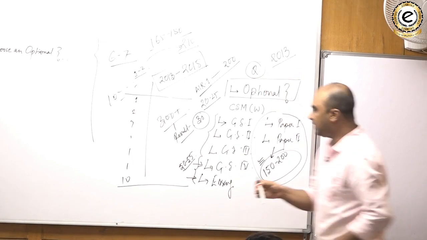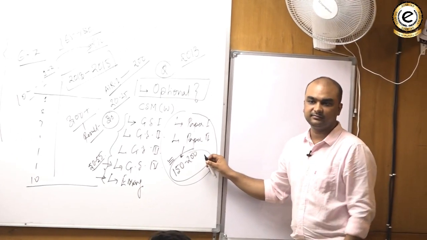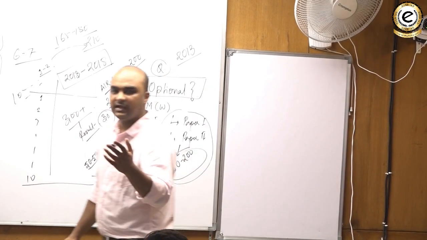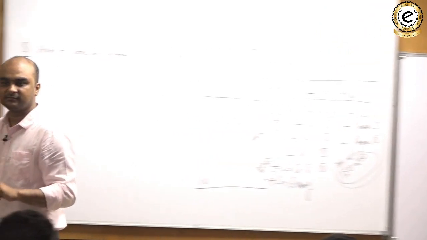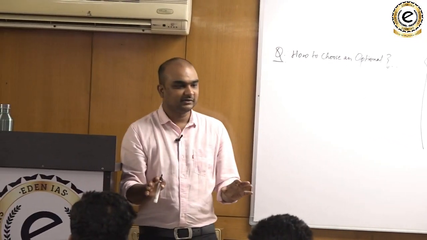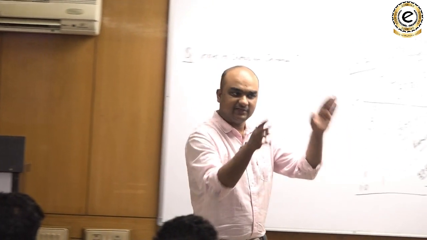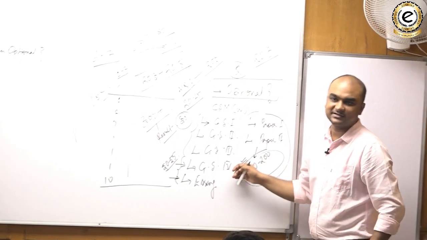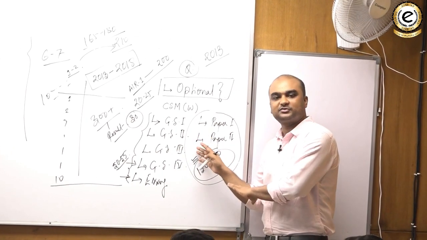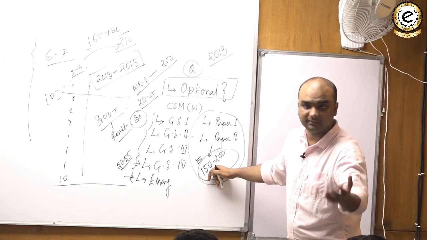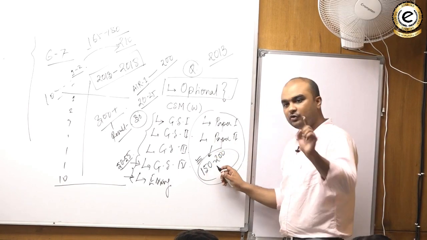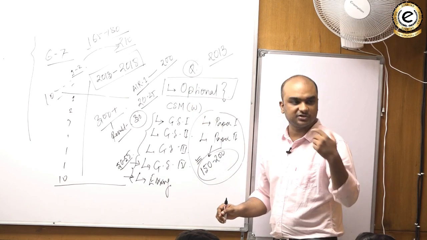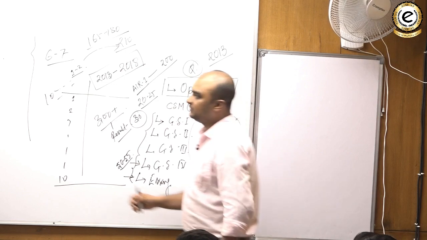Are you understanding this? Marks may not be the only reason. For example, if you talk about marks, there would be nothing like an absolutely scientific subject like mathematics. Mathematics can give you full marks, but then everybody should go for mathematics. Even engineers from IITs are not taking mathematics. They are going for some other optional. I am not saying that none of them are going, but most of them are not. It means marks, though an important criterion, are not the only factor that decides which optional to go for. Isn't that so? Now what are they?